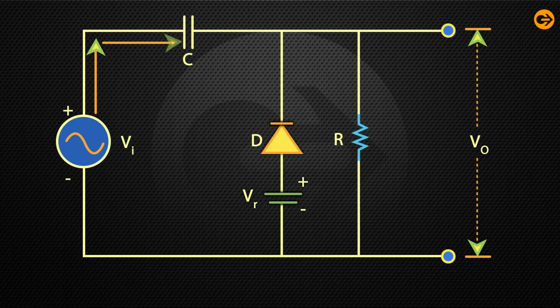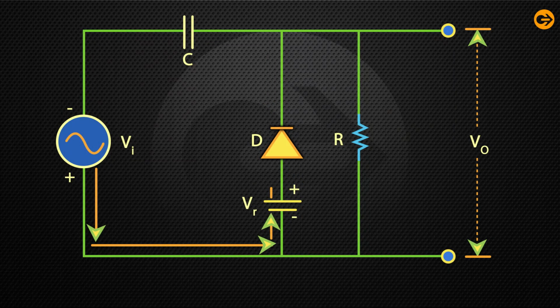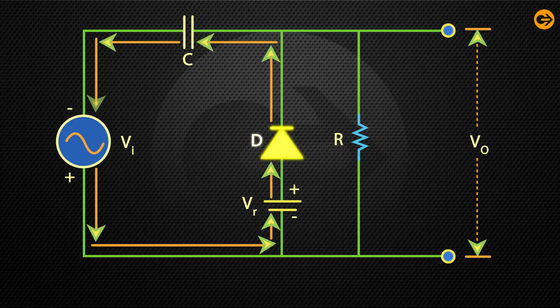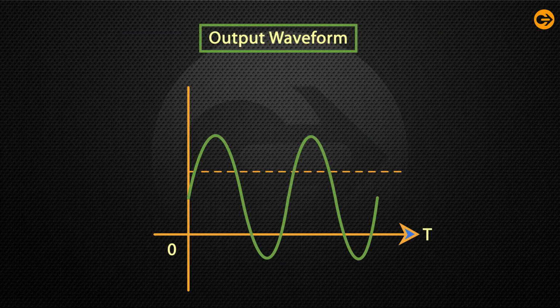During the positive half cycle, the reference voltage is applied through the diode at the output, and as the input voltage increases, the cathode voltage of the diode increases with respect to the anode voltage, and hence it stops conducting. During the negative half cycle, the diode gets forward biased and starts conducting. The voltage across the capacitor and the reference voltage together maintain the output voltage level. The output is shown as